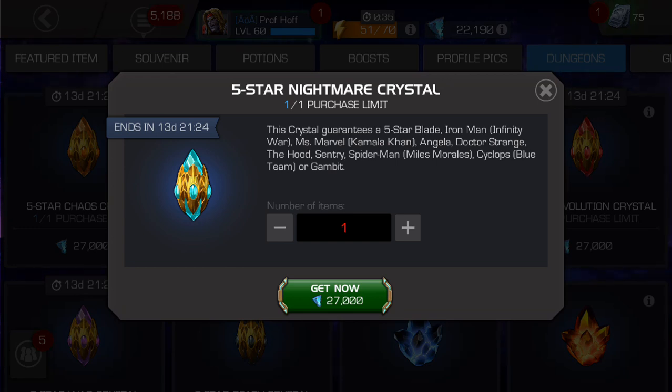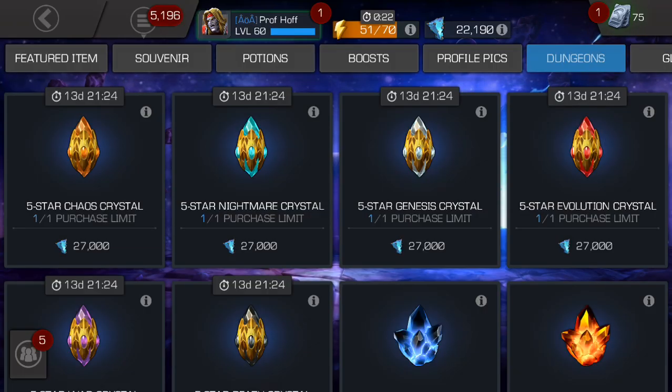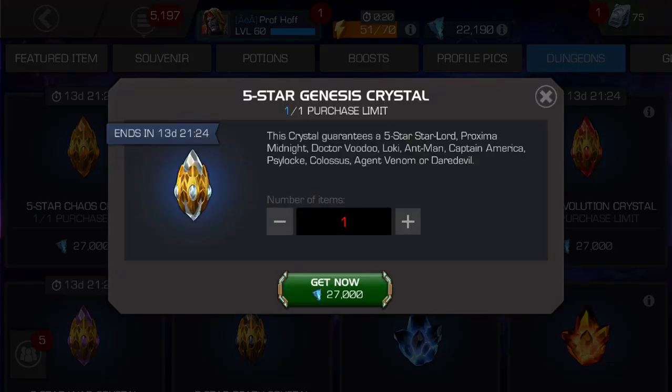Go for the basic, unless you really need that Blade awakened and you don't have any skill or generic awakening gem to apply to him. Then I can see going for him if he needs to be awakened, but otherwise, definitely not better than the basic. The Genesis Crystal, even though we technically did not start with this first,